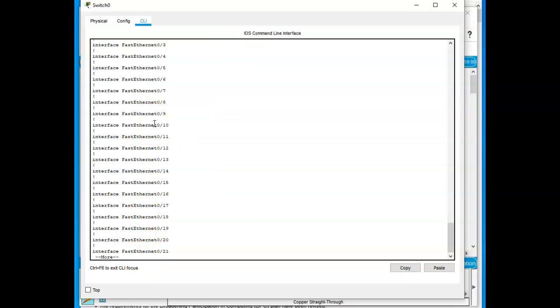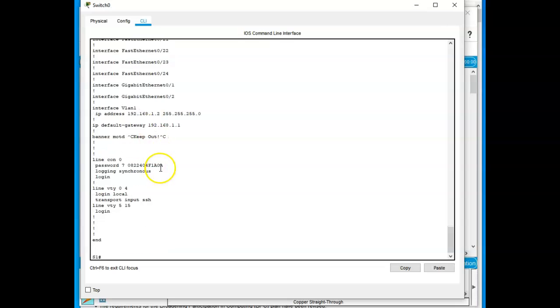We did not do spanning tree, that just is there. Okay, so we have interface VLAN 1, IP address, and then the default gateway. This is all just IPv4. I didn't do any IPv6. Here is our message of the day, keep out. And then we have our